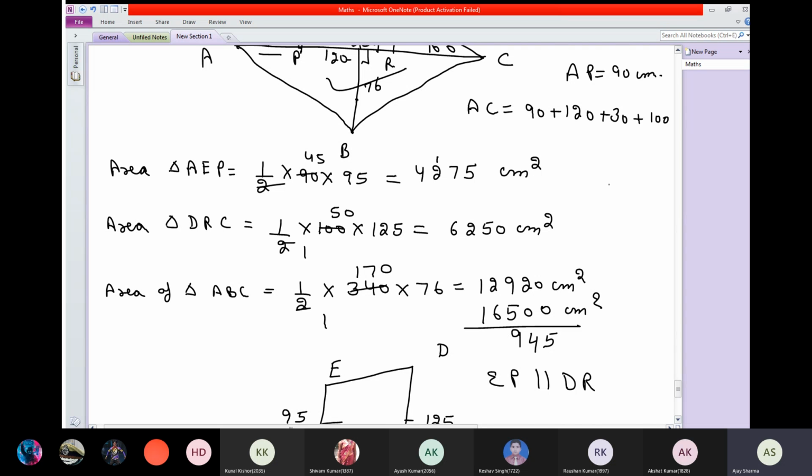Add. We have to add all these areas. We have to find the area of the polygon. These are the small parts. So you have to add all these four areas. Now when you add, it will be 5 plus 6, 10 plus 1, 11. 11 and 8, 9, and it will be this one. So your area of the polygon is this one. When you add all these, you will find the area of the polygon. You have to do it in a separate step, but I add in the same place.